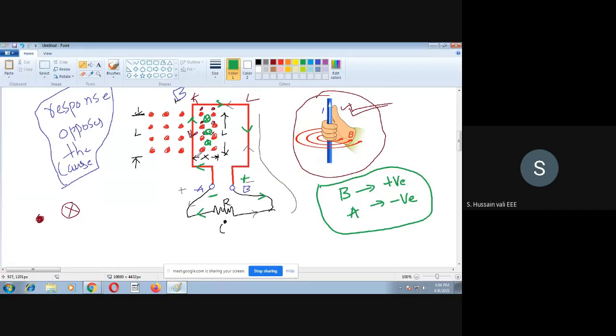So here you have two magnetic fields. One is the magnetic field which I have drawn here as dots, whereas the second one is the green color crosses, which is because of the current in the load, and both magnetic fields should be opposite in direction. If you want that opposite direction, then you will understand which polarity, point A or B, is positive and which is negative.